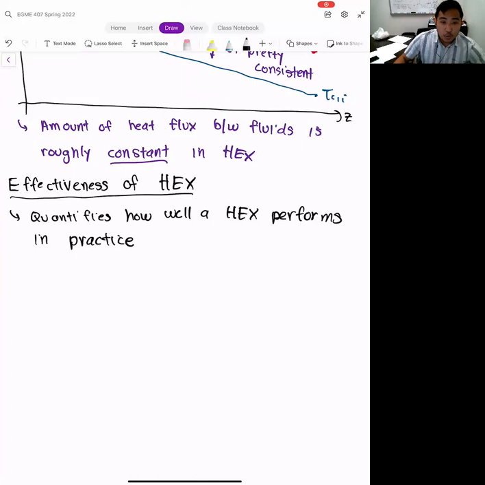The way that we do this is we compute this effectiveness, and it represents a ratio. We give it the symbol epsilon. We say that it's the ratio of the actual amount of heat transfer in a heat exchanger,